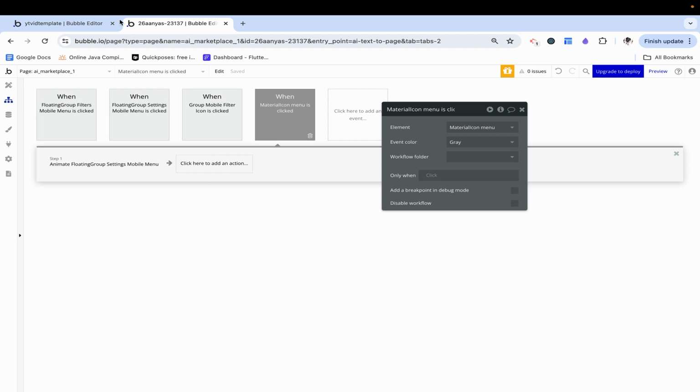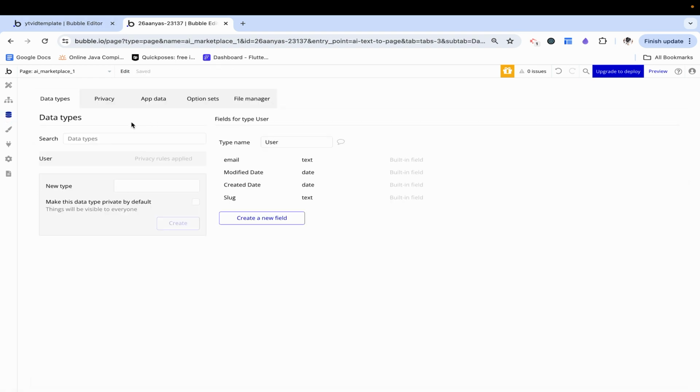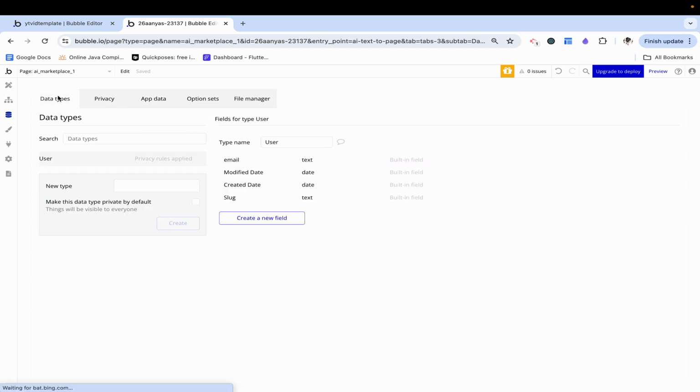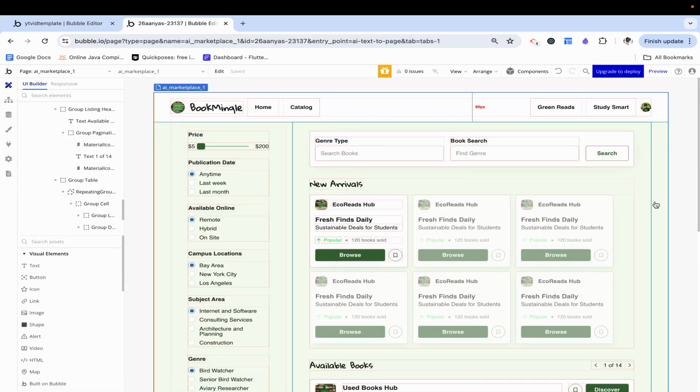In accordance with not having workflows, you'll see that there's no data type created relating to the used books as I described in my prompt. Furthermore, there are no option sets and there is no app data. I'm curious to see how they set up these repeating groups then, because it seems like these would be populated